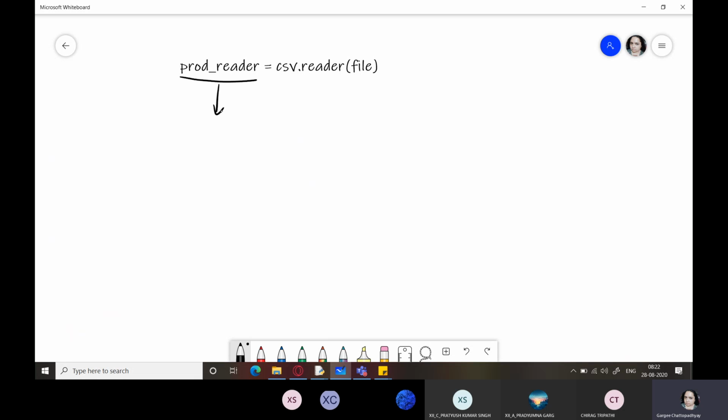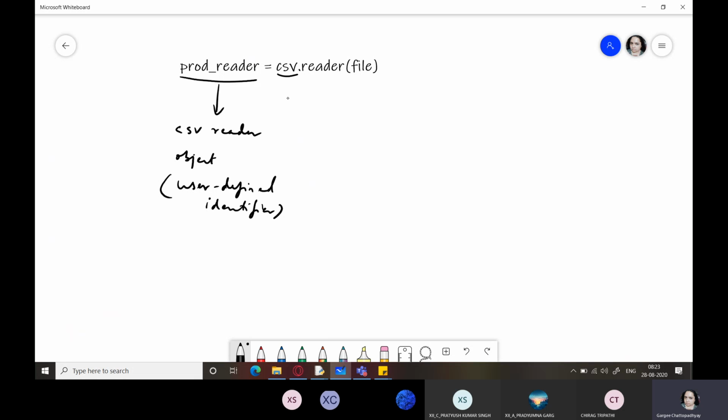So this product reader is what? It is the CSV reader object which we are going to create, and it is a user defined name. It's a user defined identifier, so you can decide what name you want to give to it. I've used reader because it will help me understand that yes, I'm going to read product information in this.